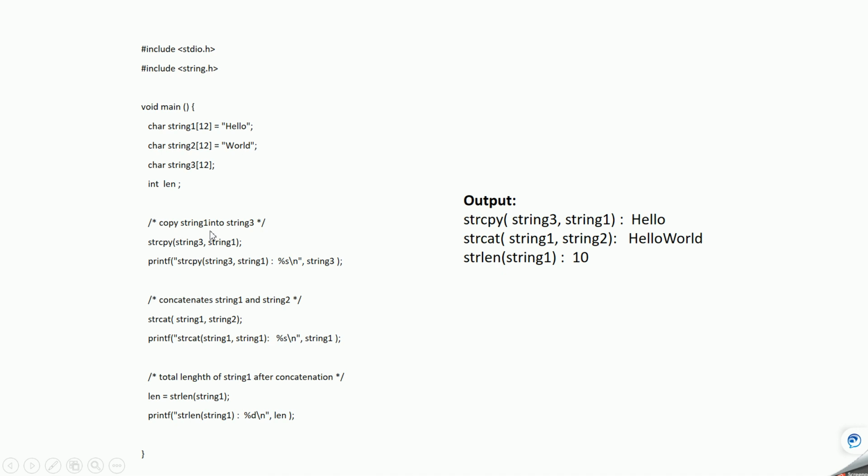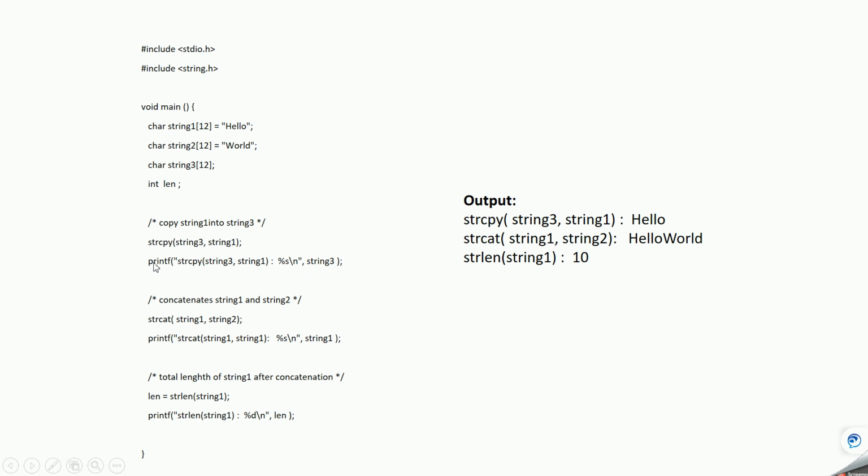Now what I want to do is copy whatever is there in string 1 into string 3. You can use strcpy, specifying where you want to copy to and from where you want to copy. So the value of string 1 will get copied to string 3, and you can print whatever is copied into string 3.